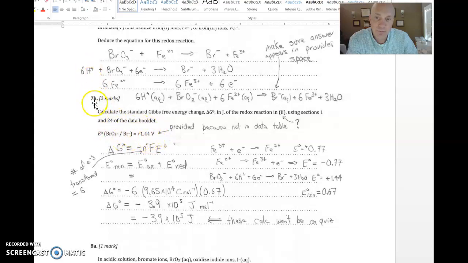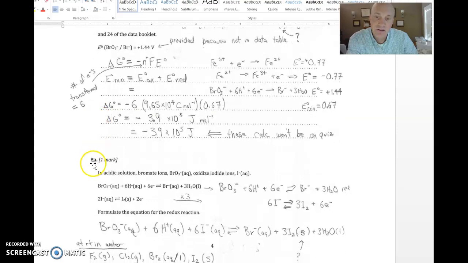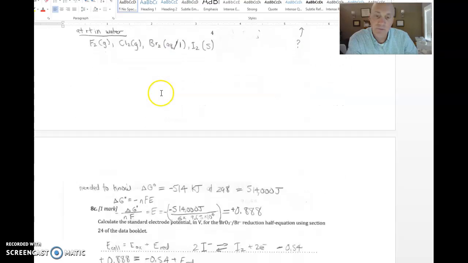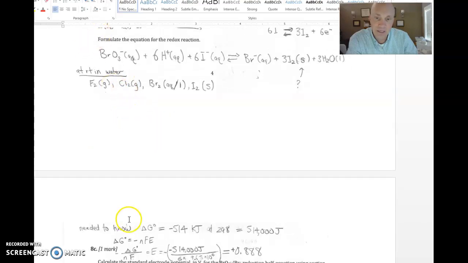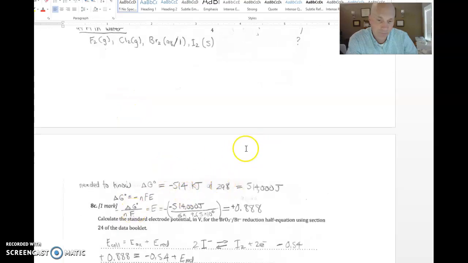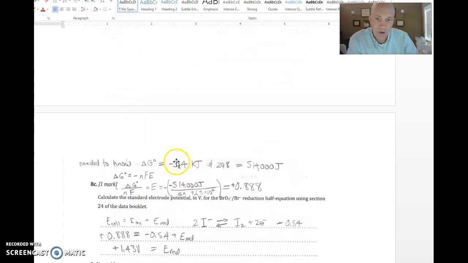All right, so notice that all these are part of question number 7, and this is part of question number 8. So that's why they're doing this the way that they are. You would not have had this previously presented. Another thing about this is that there's a question 8b, which was not shown in your practice problem packet, and that showed that the delta G